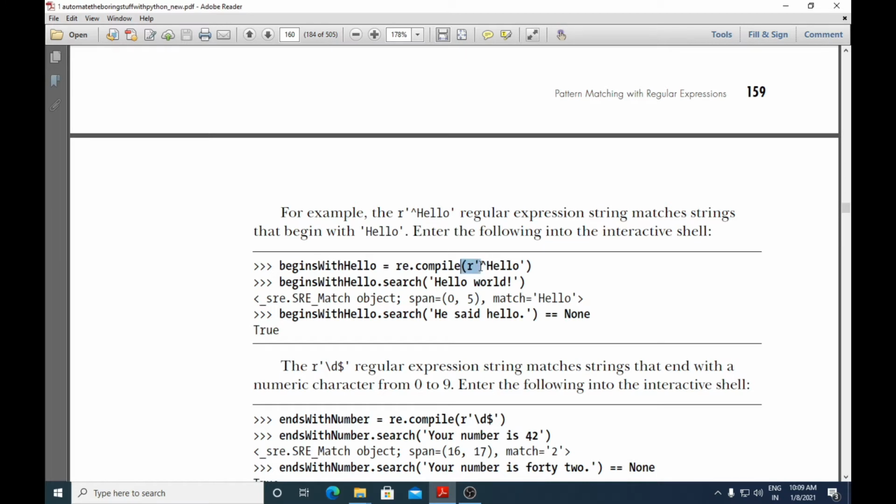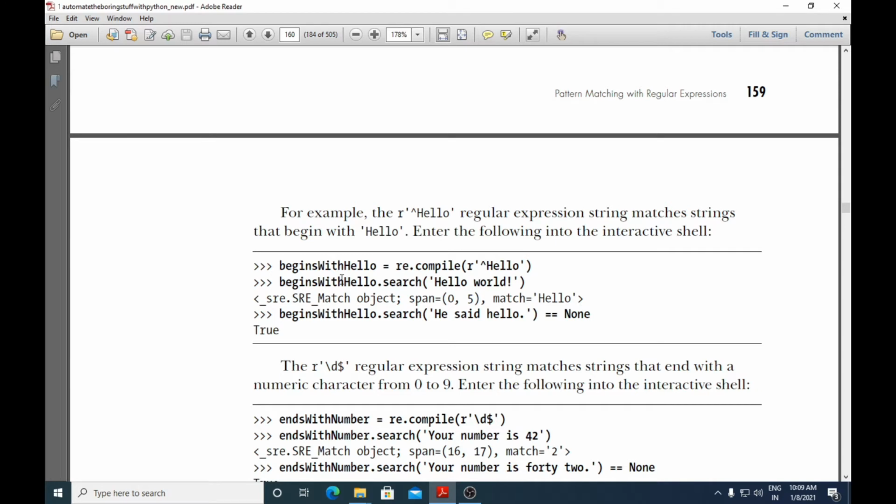An object of this regular expression is created by the compile function, and that in turn is assigned to the variable begins with hello. So begins with hello is holding the object of this regular expression.